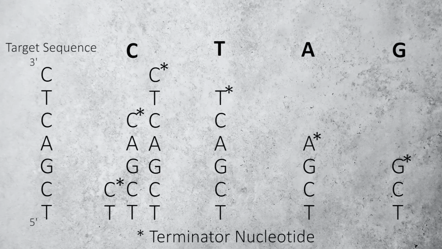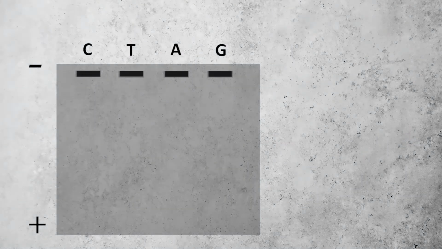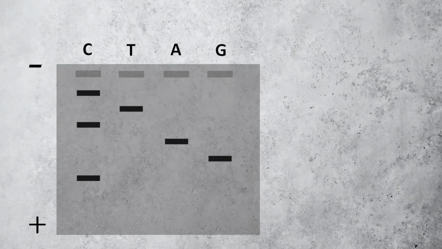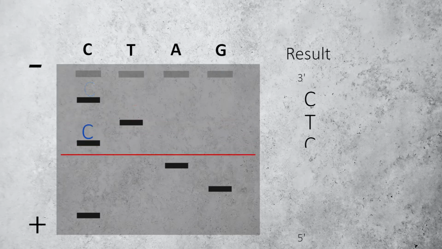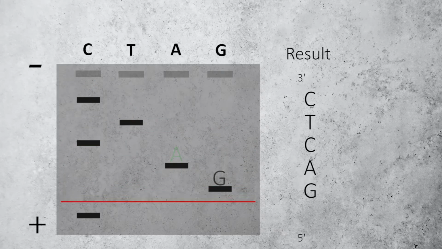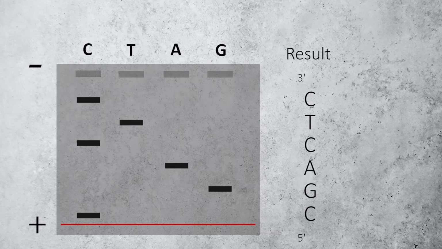The contents of each tube would be transferred to individual wells on a polyacrylamide gel. Following electrophoresis, the result would entail DNA fragments in 4 lanes in the order of the DNA sequence. Remember that the end of each sequence represents a specific nucleotide. The DNA sequence can be deduced by following the order of the nucleotides based on their position on the gel